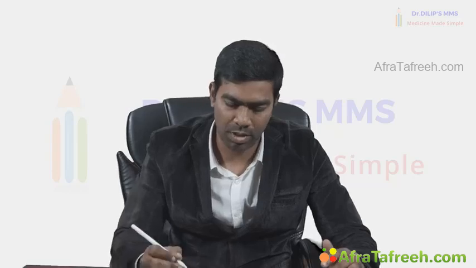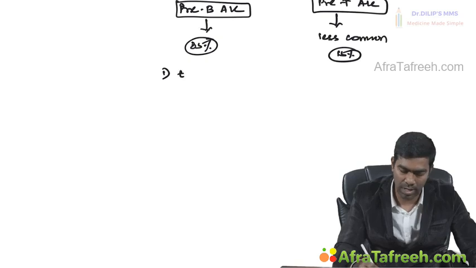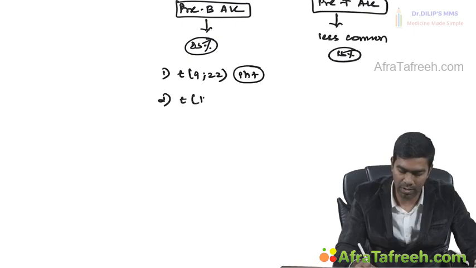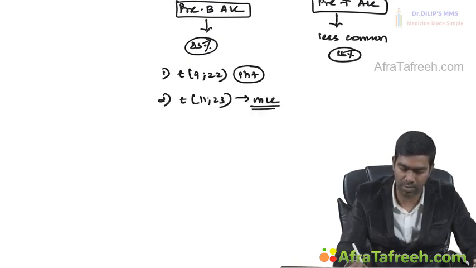Similar to lymphoma, where B cell lymphoma is 85% and T cell lymphoma is only 15%, the same numbers apply here as well. There are no types for pre-T-ALL, but I can tell you certain types for pre-B-ALL according to cytogenetics. Number one, ALL with Philadelphia chromosome positivity, called Ph positive ALL. Second, ALL with t(11;23) translocation, which is MLL rearrangement.